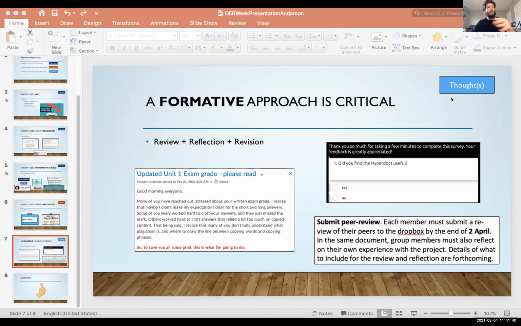So something like this, where I include a lot of videos and hyperlinks, and then things within the textbook where they have just this central, not really worksheet, but something that they can interact with and use as a study guide in the future. And then what I like to do at the very end of these activities, as we're going through this together, and I'm assisting them, but ultimately it's sort of a student-led session that I have with them. But by the end of lab, we would fill this out